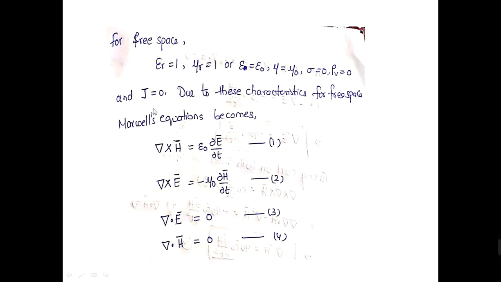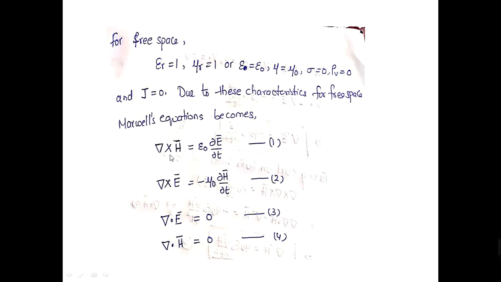Because the conductivity is 0, the current density J equal to sigma into E is also 0. Now, due to these characteristics of free space, we substitute these values in Maxwell's equations, and the four Maxwell's equations reduce to these values, and all the Maxwell's equations are written in terms of electric field and